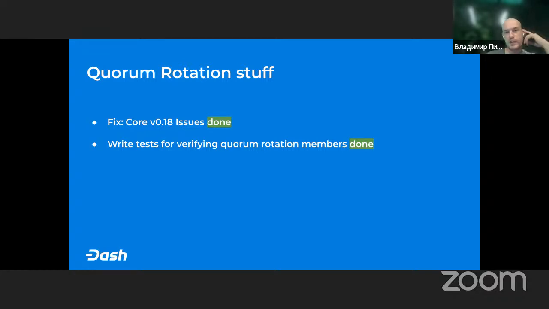We have been working for a long time on the implementation of Core 18. And after this release, we figured out that something didn't work quite well. For example, on a large number of masternodes, sometimes quorums of the rotated quorums included the wrong masternodes. This in turn led to the formation of an incorrect signature based on them and further to impossibility of BLS verification of this signature. Some difficulty was that the core of our SDK is written partially in Rust, which in the current conditions leads to heavy debugging.